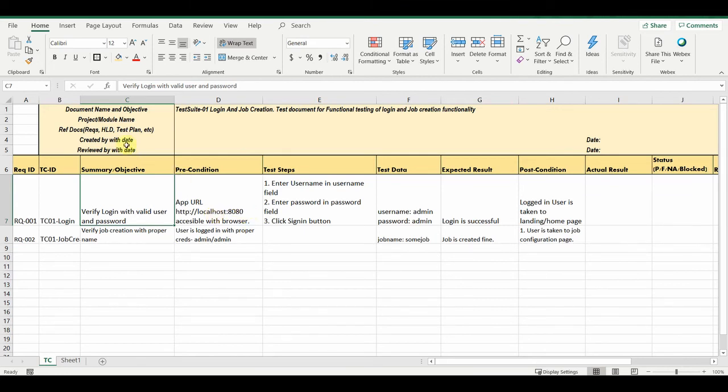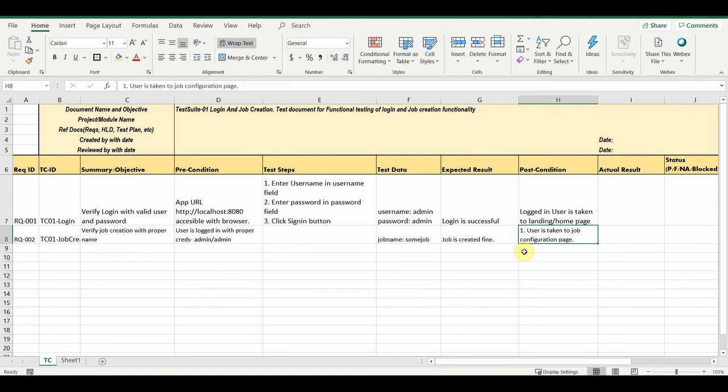So that information might be provided in the HLD or in the team discussions. You can get that information. If you put that information in the post conditions, then people are really going to admire it. The more details you put, as long as you are putting all the correct information in your test case and testing it correctly. For Jenkins, what it actually does is create a folder in your file system when you